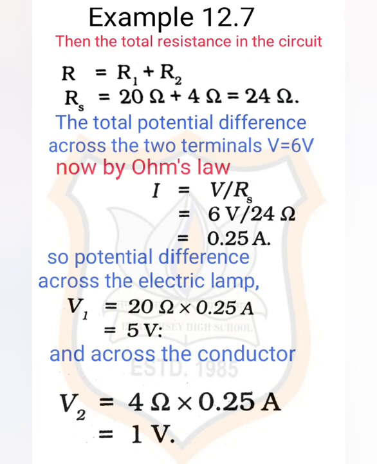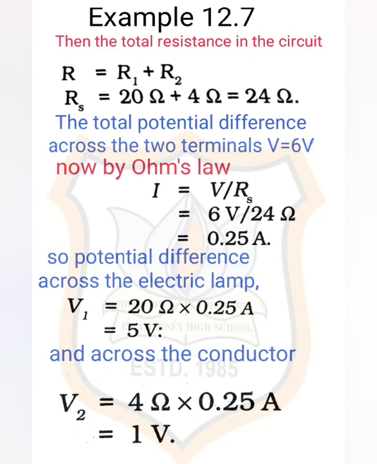Then by applying Ohm's law, the current through the circuit will be, as we know that V is equal to IR or I is equal to V upon R or RS. It will be 6 volt upon 24 ohms, which gives 0.25 ampere current. Now by applying the Ohm's law to the electric lamp and the conductor separately,